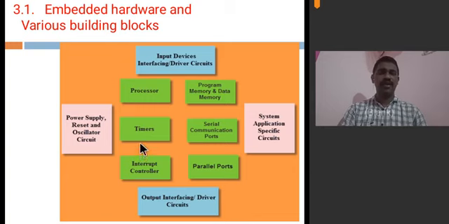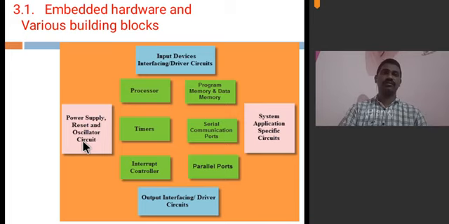Let us see each one in detail here. Coming to the power supply, it is essential for the functionality of any embedded application. And a reset circuitry is also essential in order to restart your microcontroller at the time of debugging or at the time of any fault that occurred. An oscillator circuit is one which is used for supplying a clock signal to the processor and other peripherals in order to synchronize the operations and run the instructions inside the processor. So this clock signal is mandatory.